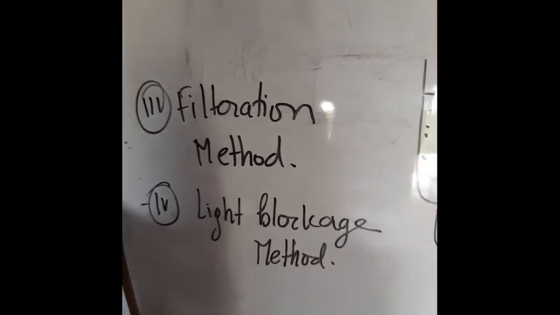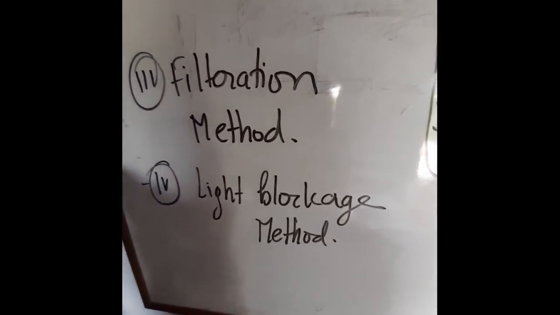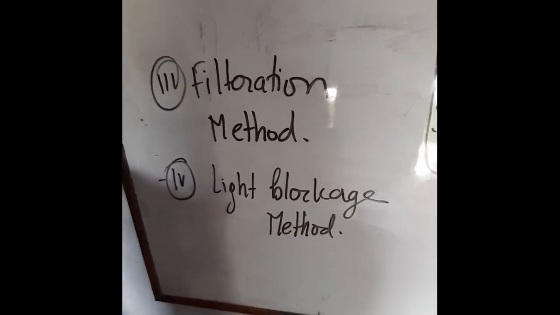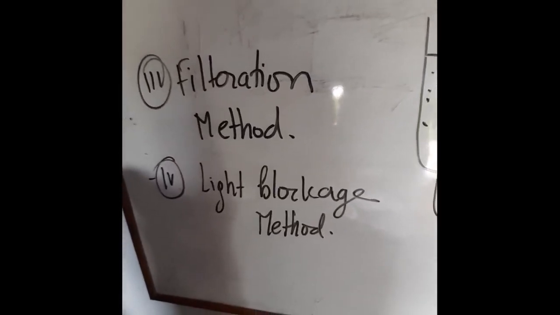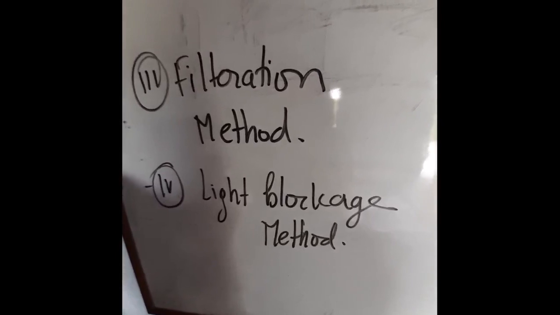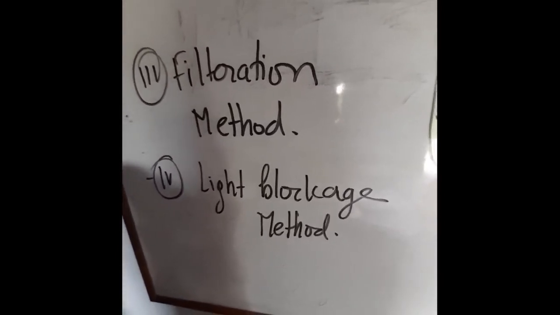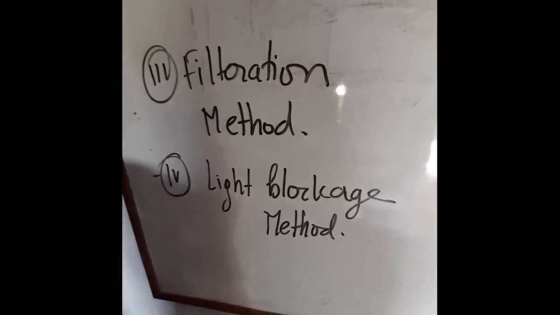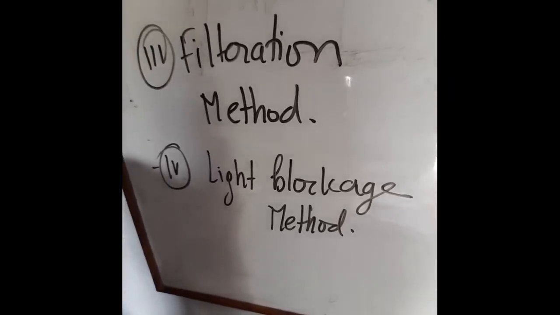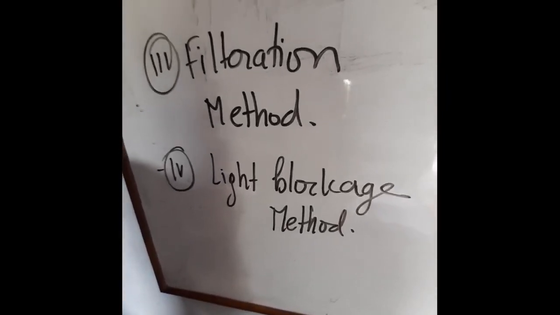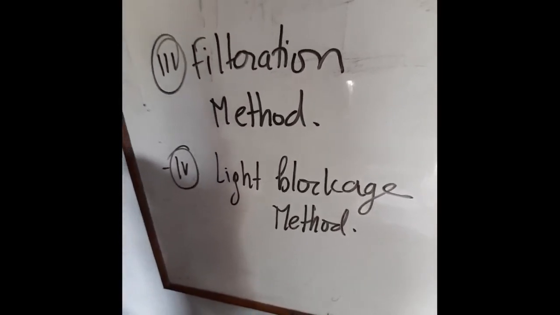Next method is the light blockage method. This method is automatic method for evaluation of particulate in the hydraulic oils. In this method, a stream of fluid is passed between bright white light source and photodiode sensor. Hence, if there will be foreign particles, it will be detected through the cross-sectional area of the instrument because it will block the light path, so that the size of the particle and its